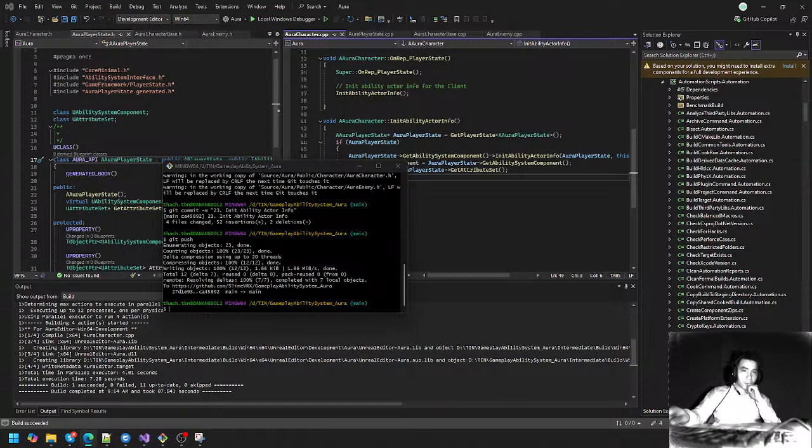Well, when we construct the attribute set alongside the ability system component inside the owner actor's constructor, as we've done, it's automatically registered with the ability system component. The ability system component has access to it, and any other attribute sets that are registered with it. We can have multiple attribute sets if we wish. Say you want to distribute your attributes among several different attribute sets based on category. Well, you can do this